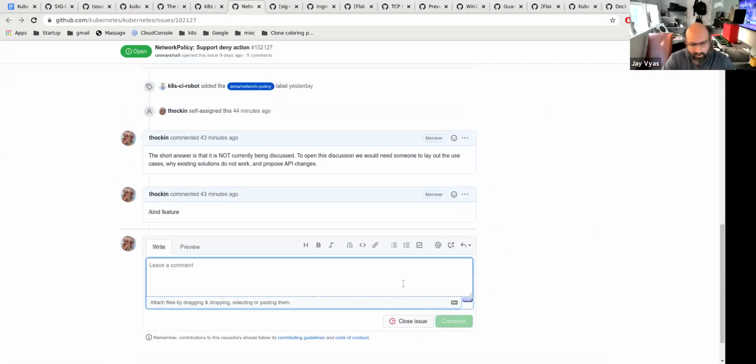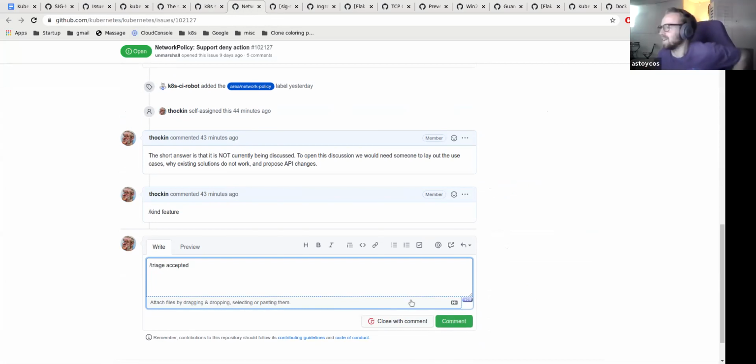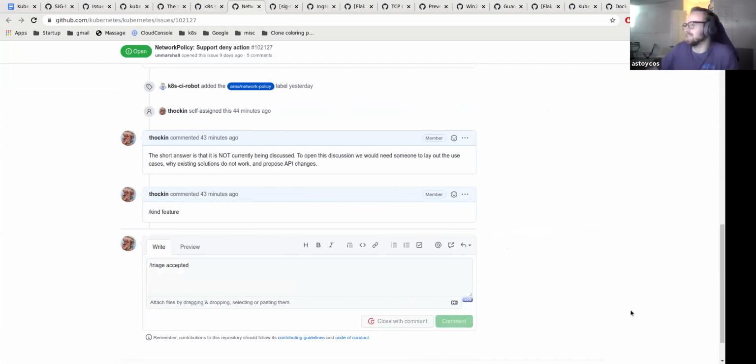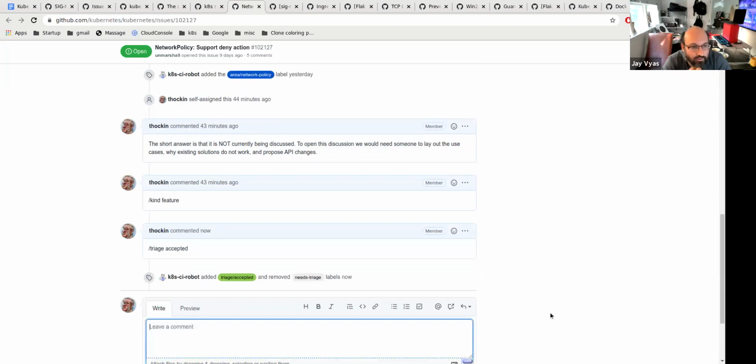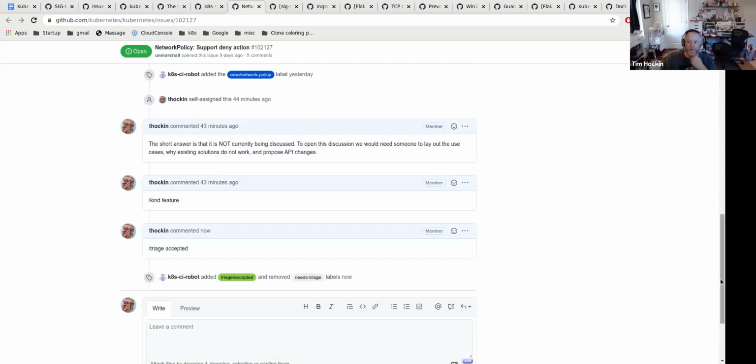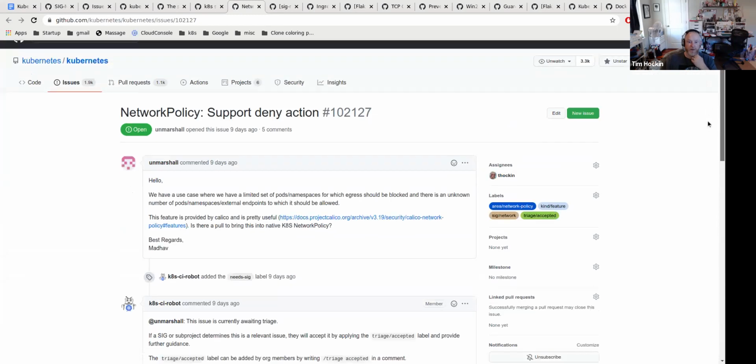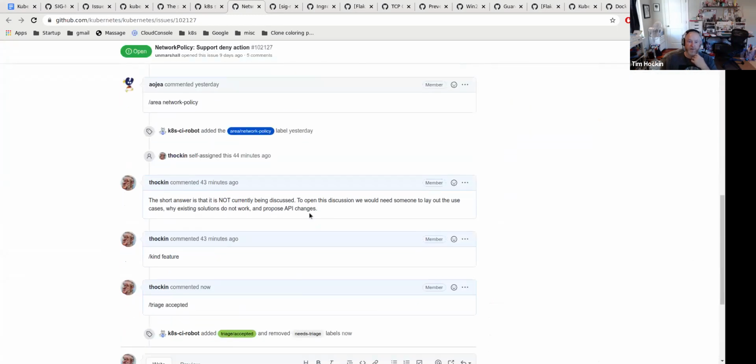I think they're adding actions as part of the cluster network policy stuff, right? But not to the original network policy. Oh, okay, yeah. But that's the closest thing, though, I guess. Okay, so I'm willing to just leave this in as a feature request, but I said here, somebody would have to lay it all out and figure out what the API changes and the compatibility story and everything are, if we wanted to consider this at all.